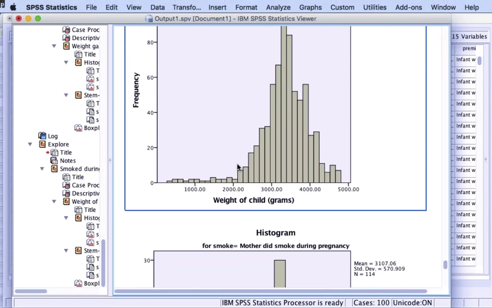Negatively. Why is it skewed negatively? What happened with these children down here? Right? What are they? They're premature births. Right, exactly. So if the average weight of the child, let's say, I'm not an expert in this by any